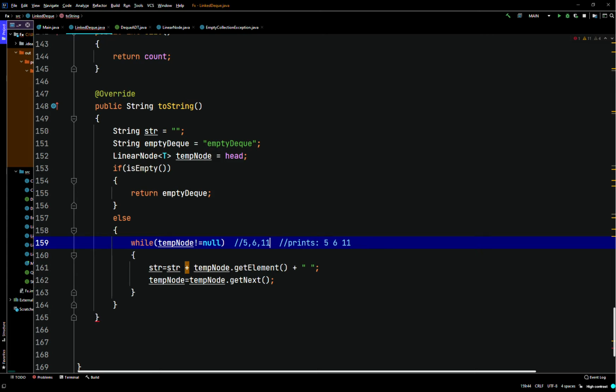So temp node points to temp node dot get next, which is null. Because temp node, which was 11, points to temp node, which is 11, dot get next, which is null. So temp node's next reference at this point, which was 11, its get next is null. So temp node points to null. So yeah, we said that gets 11 plus a space. So then we say temp node points to